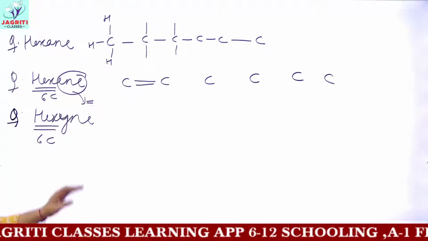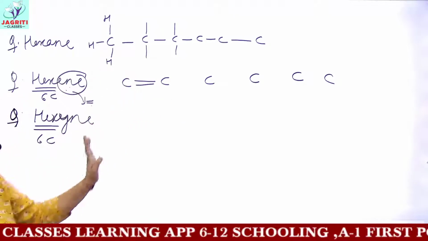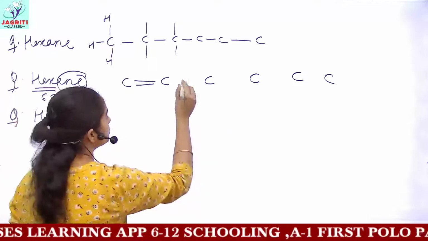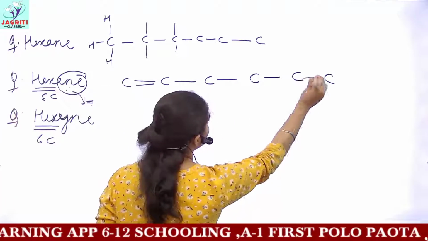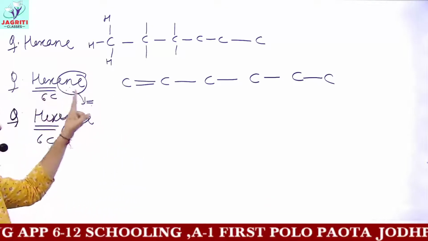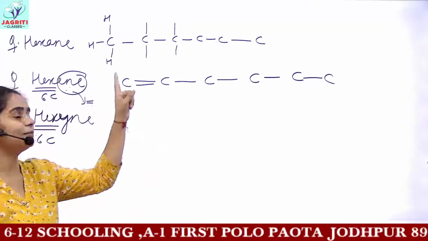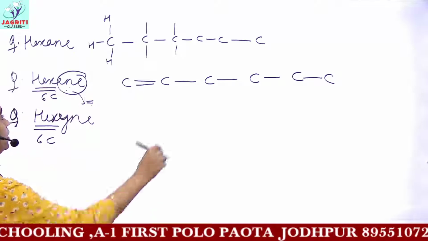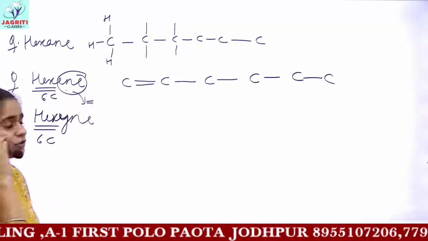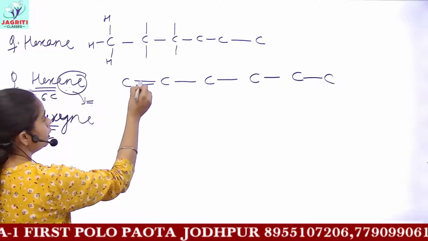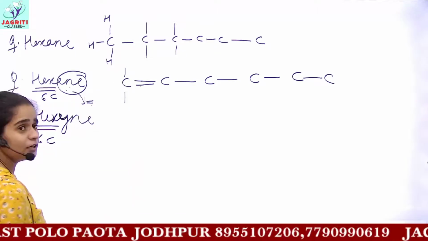Next I told you after putting one double bond, you will put the remaining single bonds. Okay? Do not put more double bonds. Alkene means only one double bond should be made between carbon 1 and carbon 2. Now complete all the valencies with hydrogen. For the first carbon you already have 2 valencies, so the remaining 2 would be made.